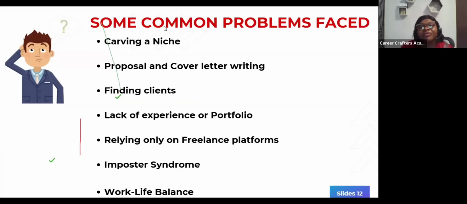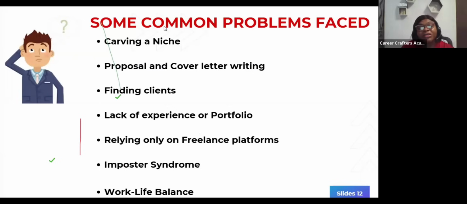Now, another problem people face is finding clients. So you hear people say, oh, Upwork is saturated. There are lots of people on Upwork. Oh, it's not easy. Yes, the honest truth is, it's not easy. But it is easier if you know what you are doing. If you know the mistakes that you are making that you should not be making. If you know how to set up your profile in a way that clients will be the ones reaching out to you, so that you don't even need to apply. If you don't know these things, you will find it hard to get clients. Some of us have more jobs than we can handle. We are giving them out because we've taken time to learn these things, and now we've gotten above those mistakes.